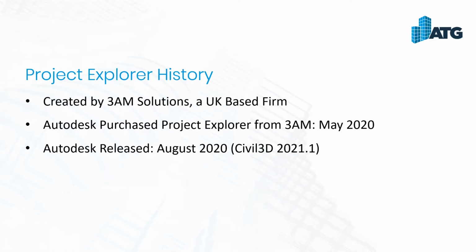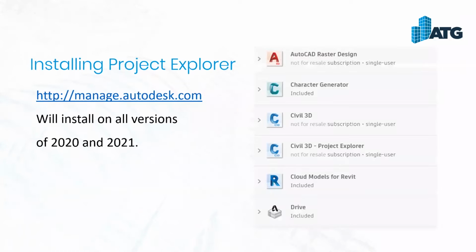After they picked it up, they made a couple of tweaks to the software to make it work better with Civil 3D, and they released it in August of 2020. This was released at the same time as Civil 3D 2021.1. Now, I thought it was kind of weird how they timed it, but this software isn't just for Civil 3D 21.1 and above. So when we start looking at installing it, you're going to be going to manage.autodesk.com, and you'll go through your list,